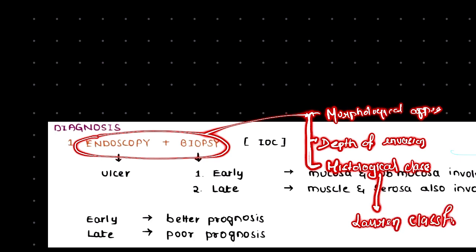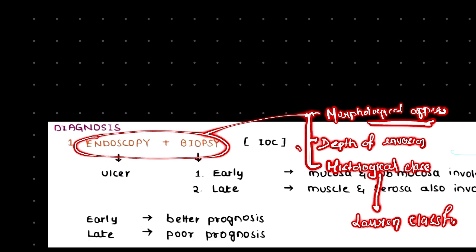Now talking about morphological appearance classification, the thing that we need to study here is that we will just find out whether the cancer has flat growth, or it is an ulcerative lesion, or it is an infiltrative lesion, or these things, right? In this morphological appearance we'll just find out these things, right?